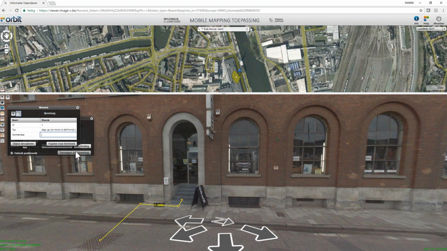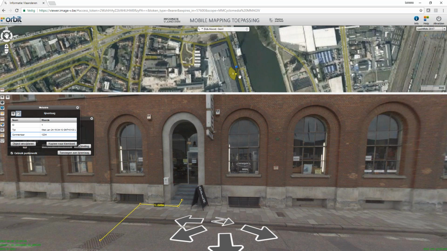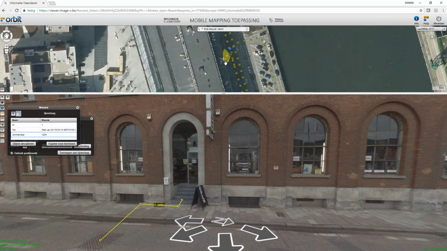I just add that to the feature class. I maybe give some comment, which can of course be defined as you want, in your language, in your set of attributes that needs to be added. And you save that as a line feature, and then of course it's also presented here on the 2D map. But as well, this is saved in the database and can be stored. And of course, the teams which centralize and make all the decisions can use that information to update the map again. So you see, there's a very easy way to communicate how it was constructed, and maybe it is different